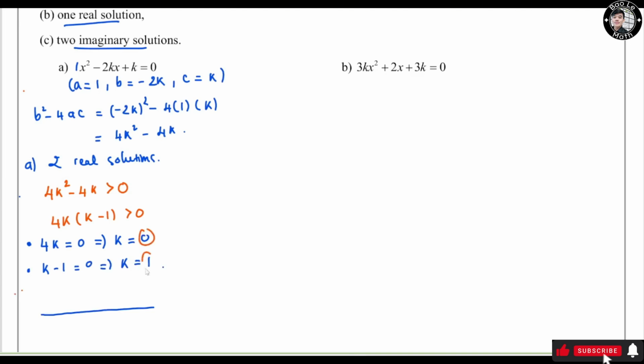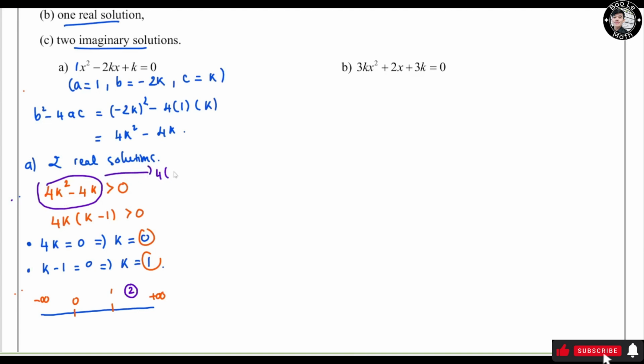Place these two 0s on the number line. 0 right here, 1 right here. The left hand side is negative infinity, the right hand side is positive infinity. Now I'm going to test one interval. So I'm going to pick 2 here. Substitute 2 for k back into the original one right here. So it turns out to be